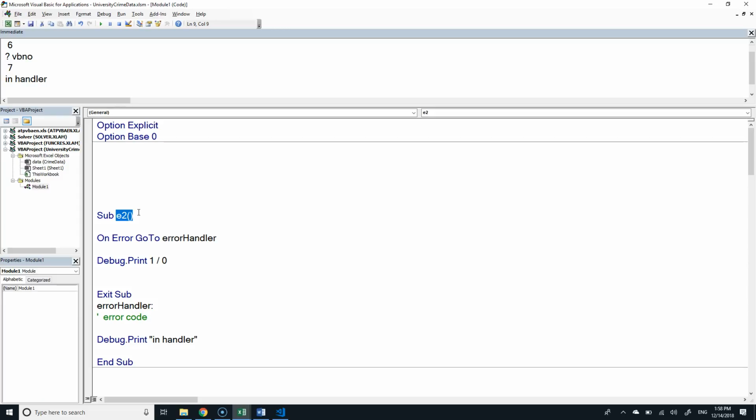It could say Button1Click, C-L-I-C-K. Looks like an event sub-procedure, but there's no underscore, so it can't be an event. So what kind is it? It's a general sub-procedure. There's only 2 kinds: event sub-procedure and general procedure.